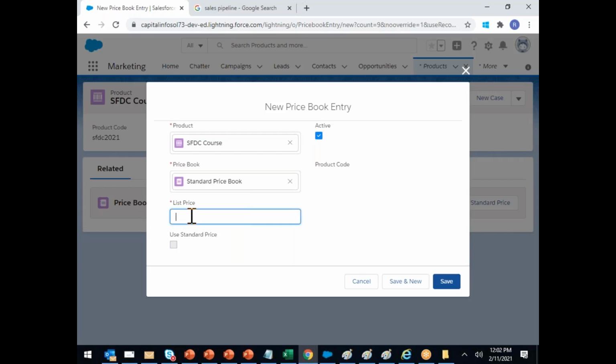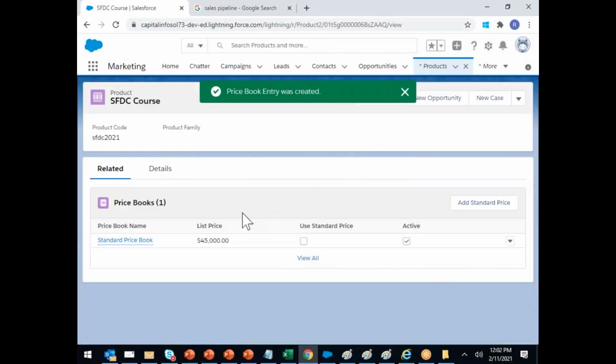Now here, the standard price of this course is 45,000. But nobody will buy it at 45, even I know. This is just an MRP. I click on save. Over.